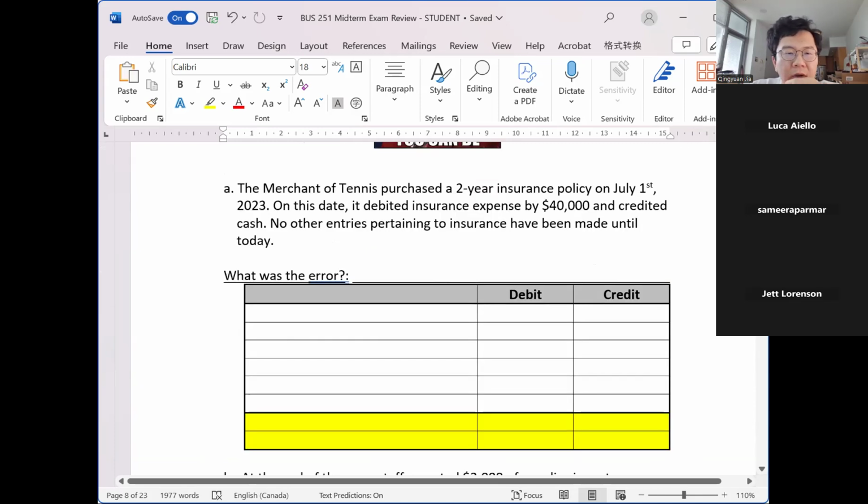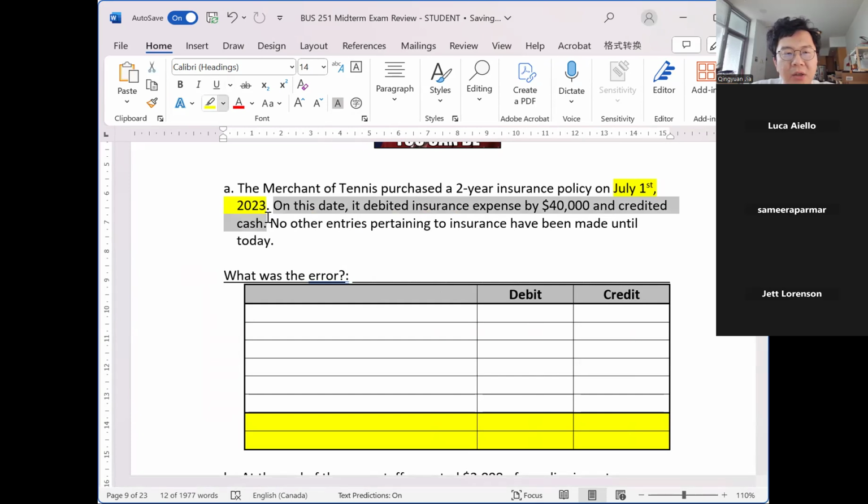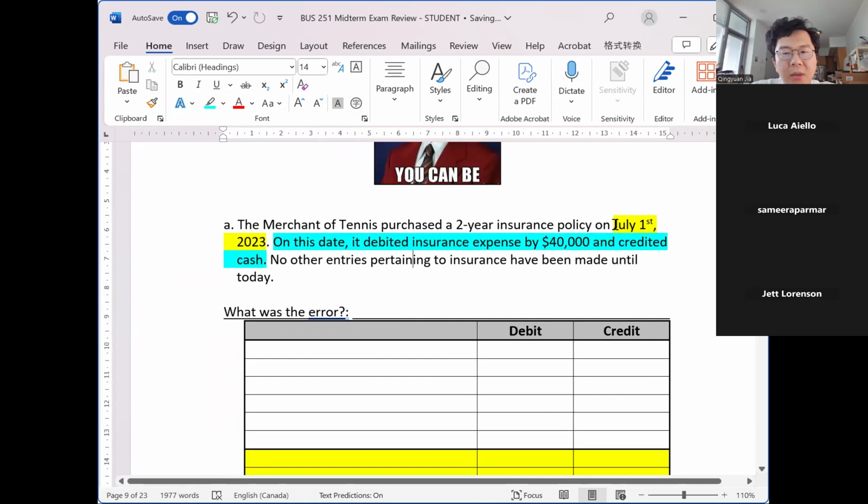Okay, so the Merchant of Tennis purchased a 2-year insurance policy on July 1st, 2023. So this information is useful. It's the right middle of the year. And on this date, it debited insurance expense by 40,000 and credited cash. So I think this is not the correct move, because standing on that day, this insurance expense,